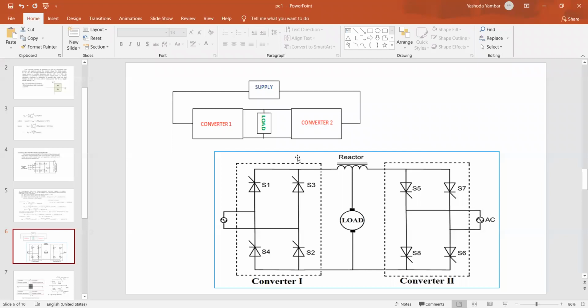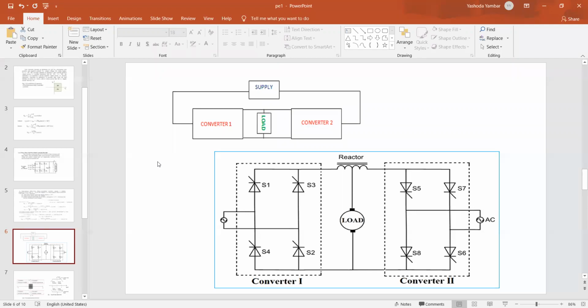Okay, right. So dual converter. Immediately, dual converter means we have to remember one word: 4-quadrant operation. 4-quadrant operation. Fully controlled converter, 2-quadrant operation. So see, half controlled converter or semi converter, single quadrant.